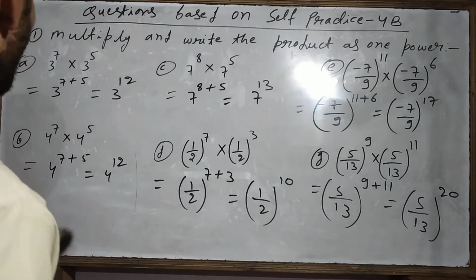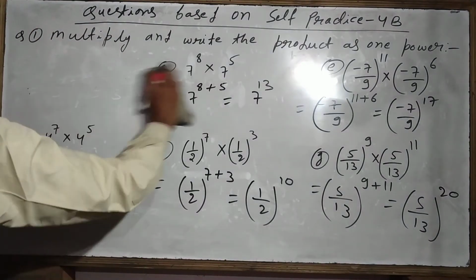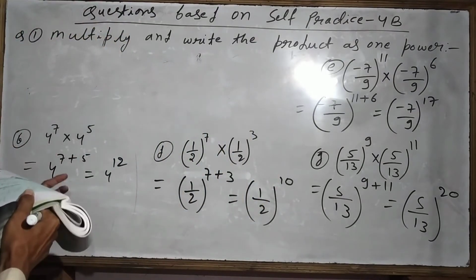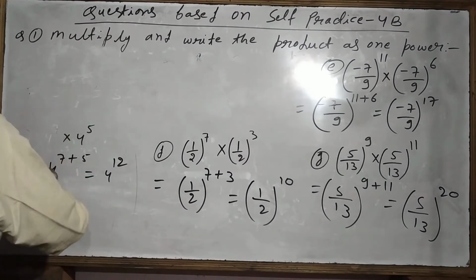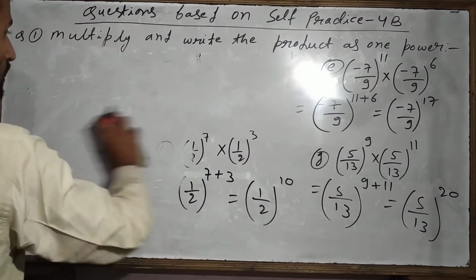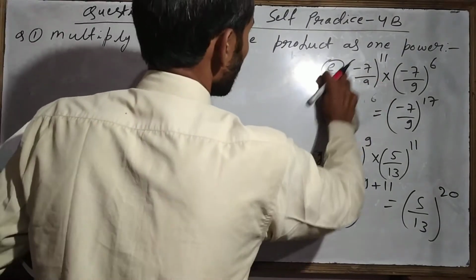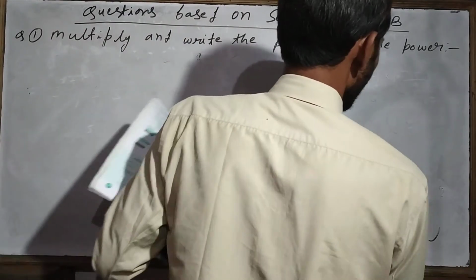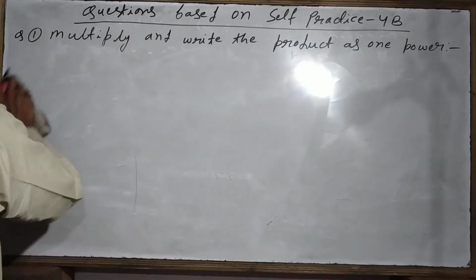Next one, I will take more examples also. Just you see here, in the second question division is there. So I will explain it in the next video, but I will take some more examples based on this first question only. If some variables are given, numbers are not given, so what will we do in this case?